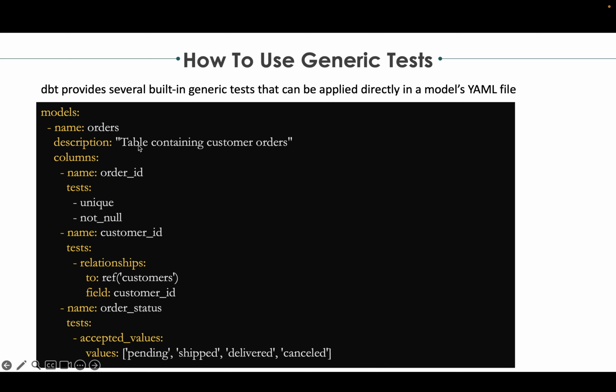In this case, let's say the table contains customer orders, and inside the orders you have columns in your table. So a model is basically like a table or a view, and say your model has columns. In this case, let's say this order has order ID. So the tests that you want to perform on this order ID is to make sure that